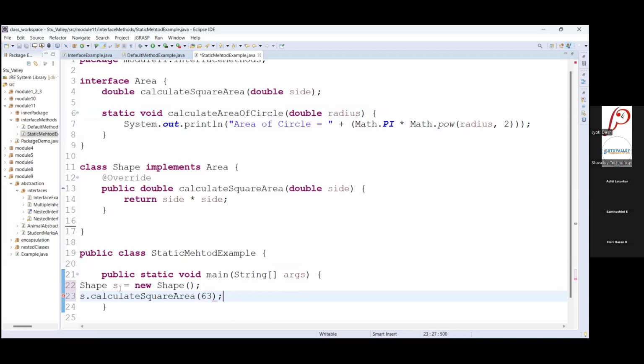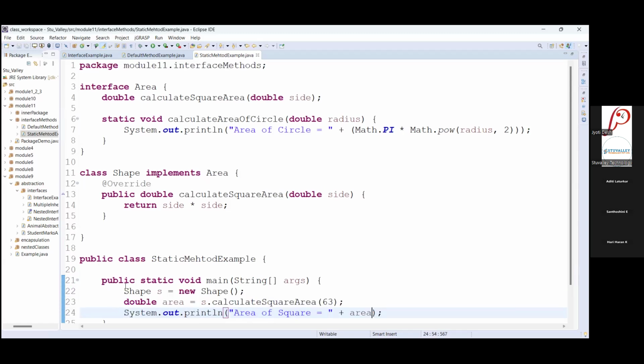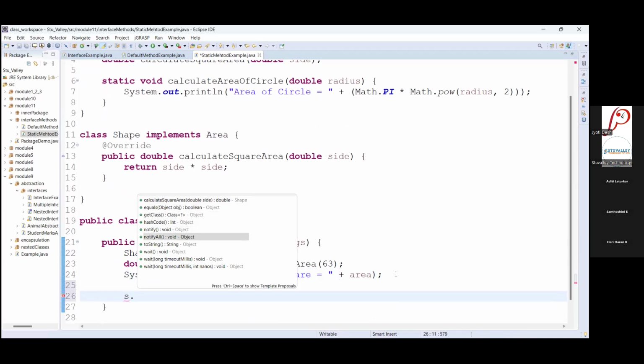It returns one value, that's why I am storing it in one variable, area, and we will display that area here. System.out.println, area of square is equal to, this area variable value I am displaying. And you can access the parent member also, like s dot.